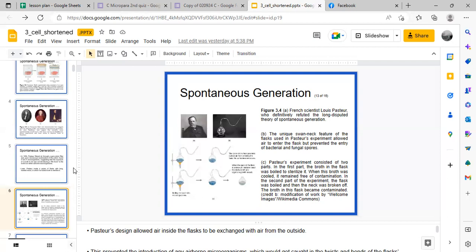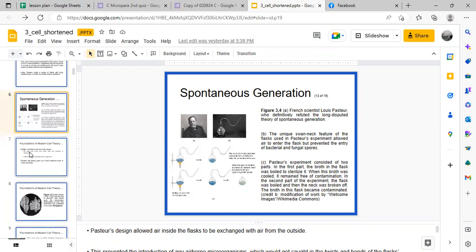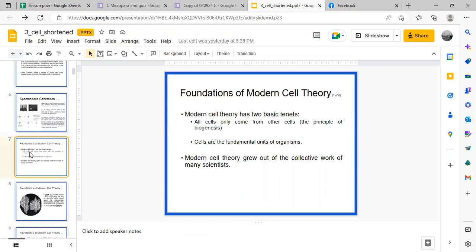May mga yeast particles ka sa air. So, ganun din yung pwede makontaminate ang food from air particles or from impurities in air. Okay? So, we have the concept that life comes from other life forms na generate yung modern cell theory that cell comes from other cells as well.